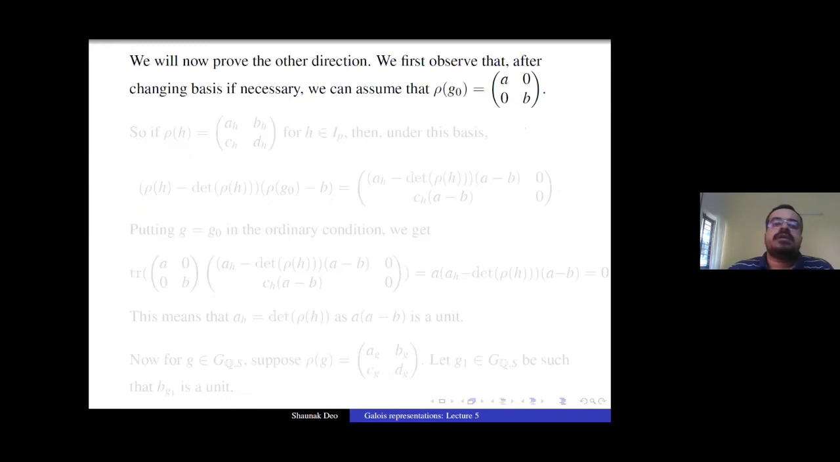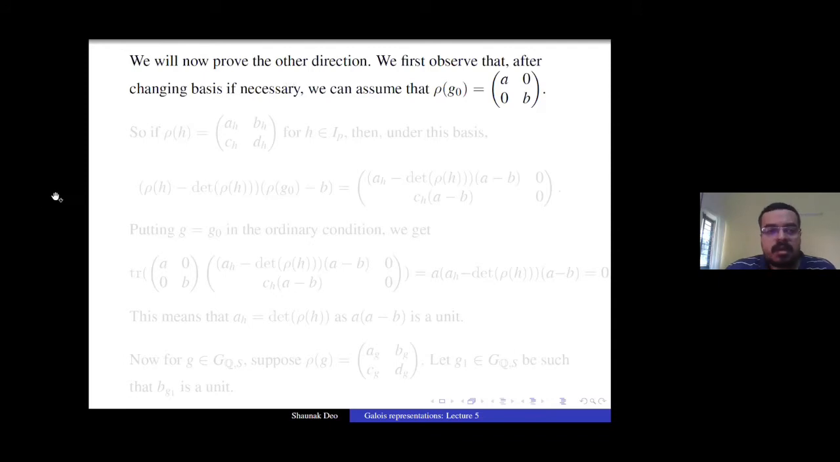So to see the forward direction, we need to first observe that we can change basis if necessary to assume that rho of G0 is diagonal with A and B on the diagonal. This diagonalization is an easy argument. It's not very hard. Once you sit down and see what you want to do, you have to use Hensel's lemma a bit, and otherwise the proof is rather easy. So that's the first step, that we can assume that rho of G naught is actually